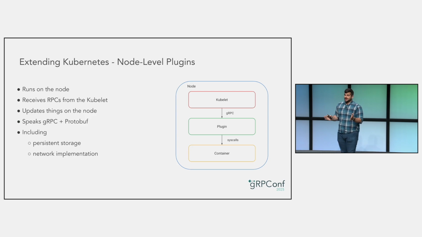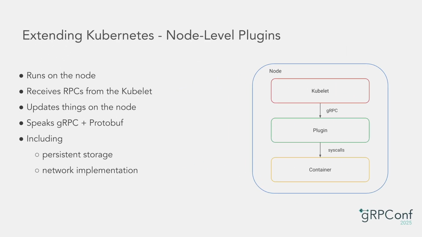The other kind of plugin in Kubernetes is actually called a plugin. These are things that must run on the node in order to work. Generally, these plugins mutate the containers running on the node, so they must either run directly on the host or run as privileged containers. These include things like CNI or Container Network Interface plugins. These are the things that allocate individual IPs for pods, assign those IPs to the underlying containers, and ensure network connectivity to the network. These plugins, surprisingly enough, speak not HTTP and YAML, but gRPC and protobuf. This is a better fit for this type of plugin since the APIs are usually imperative rather than declarative, and they don't use the resources that make up the rest of the Kubernetes API.